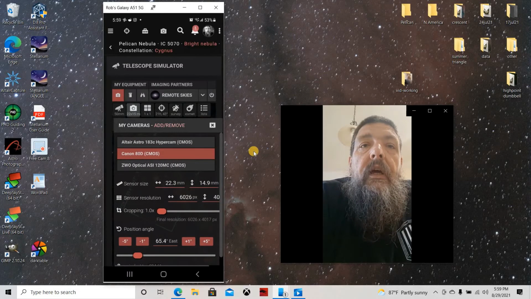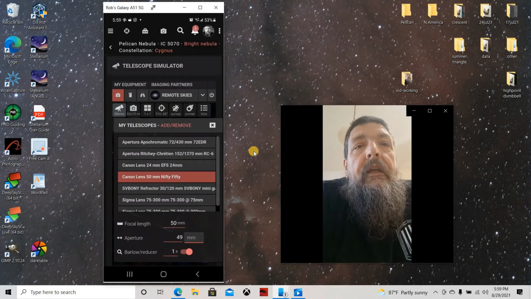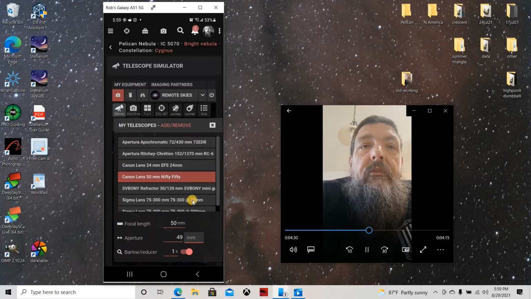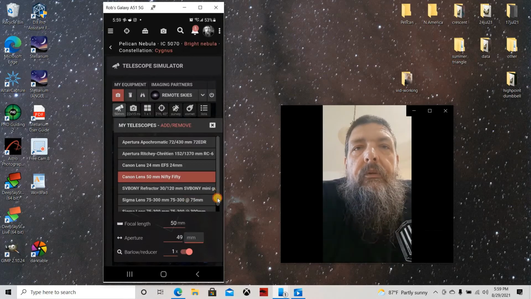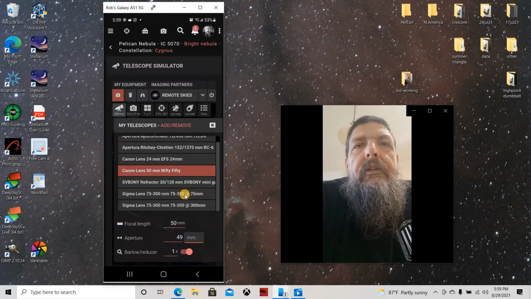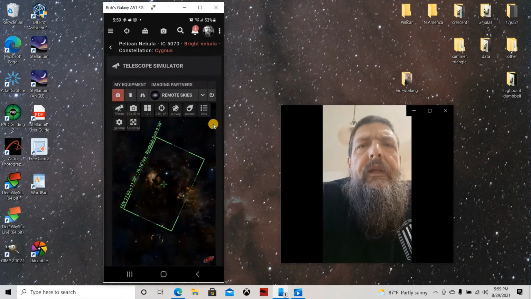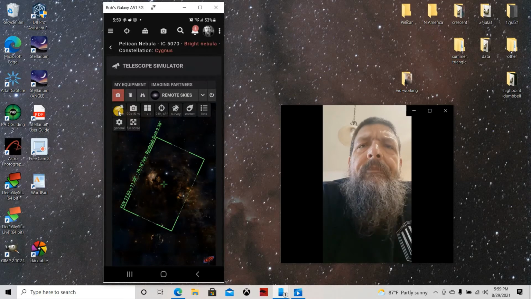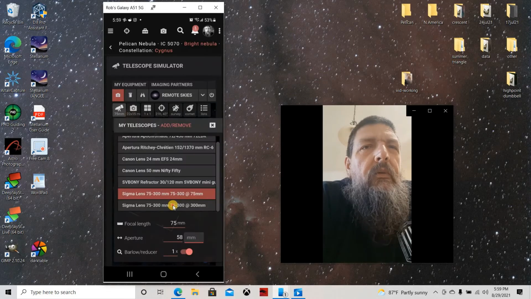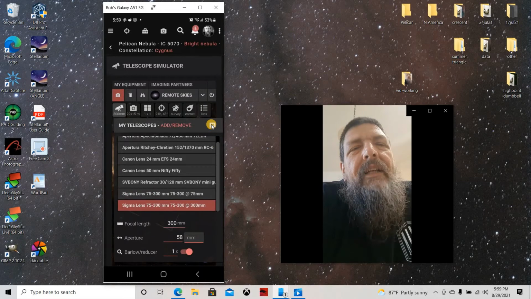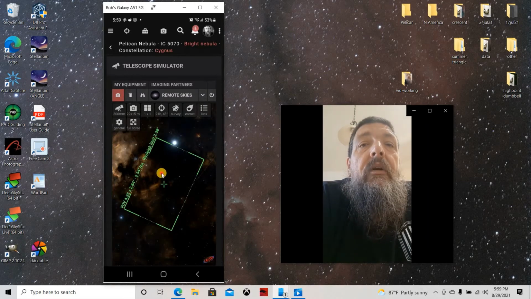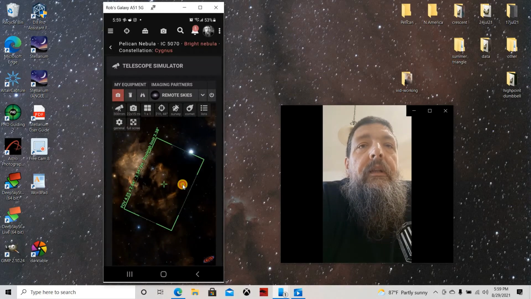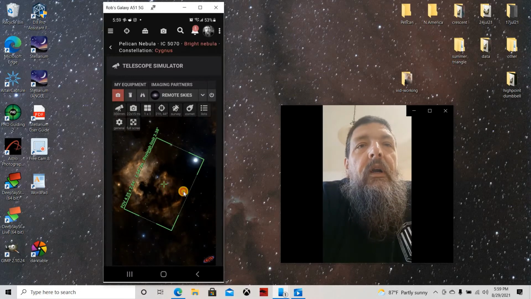Onto the lenses, I have the 50 Canon f1.8 selected, and the framing is a bit wide. Let's see what else I have. You might have a zoom lens or a high power prime or fixed power lens. Let's choose my Sigma 75-300 listed here and see what we get zoomed all the way out. Still a bit small. How about zoomed all the way in at 300? That's pretty good. Using my camera and this lens, I know that this is the approximate framing I'll get without